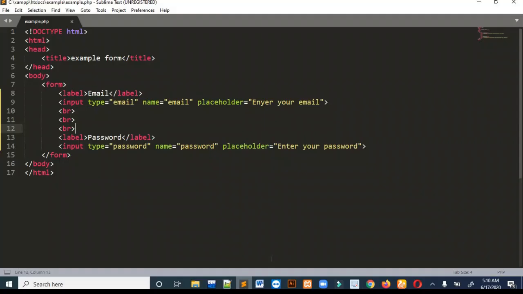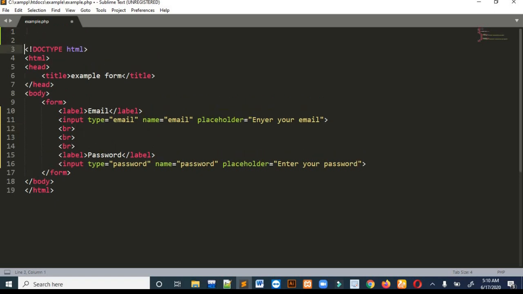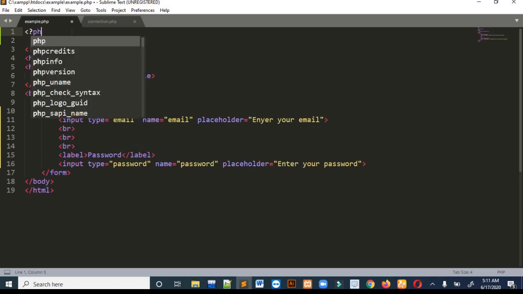So first of all, we have to connect our database with the front end. For that, we have to write code in PHP, which is basically our server language. For writing PHP, the basic syntax is you place this sign, then a question mark, then you write PHP.